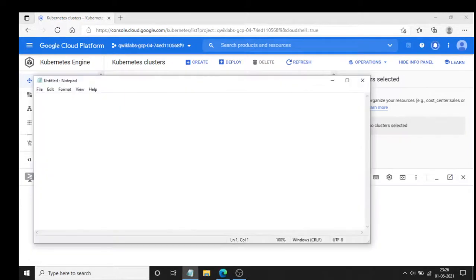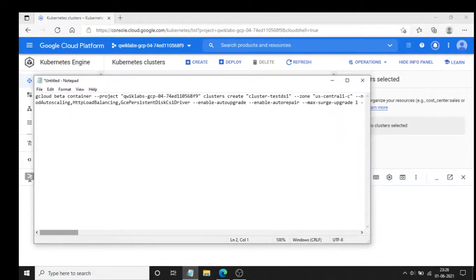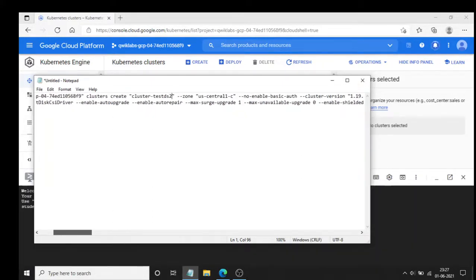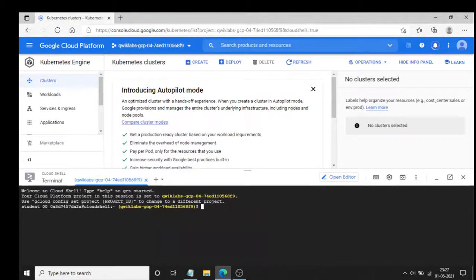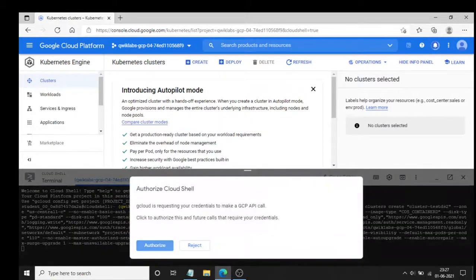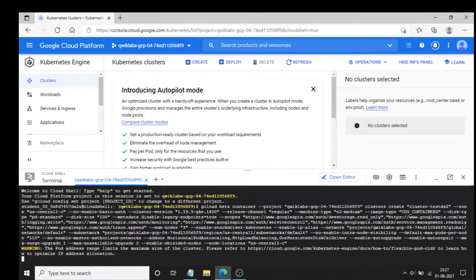First let's paste all the data here, and change the name to cluster-ds2. Control V, authorize, creating cluster. It's done. So this is how easy it is.